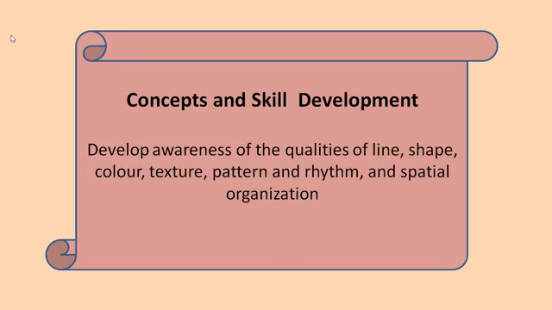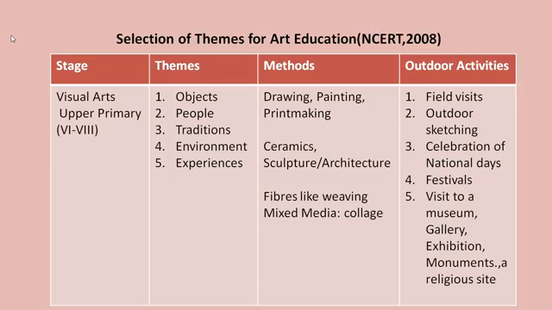And next, an awareness of space. That is, develop awareness of how people and objects take up space. Next, begin to make basic structures, and begin to show relationships between objects and figures in drawings. So let me see, when we think of the selection of themes for art education, if we go to the NCERT textbook 2008 based on art education, the visual arts prescribed for upper primary, classes 6 to 8,